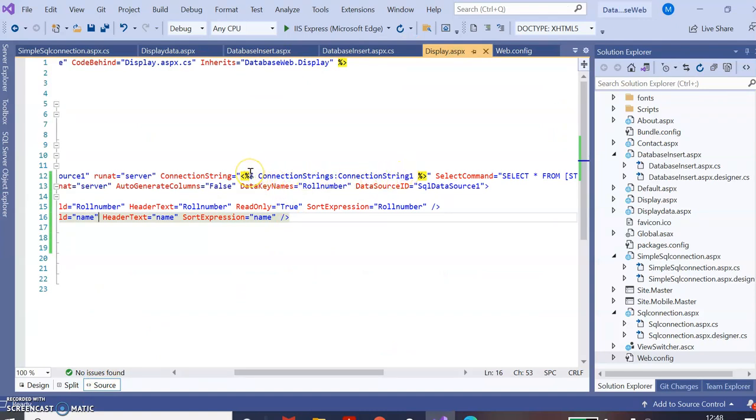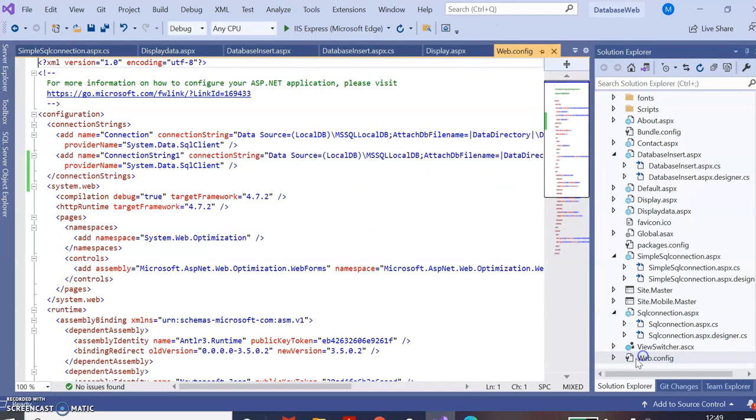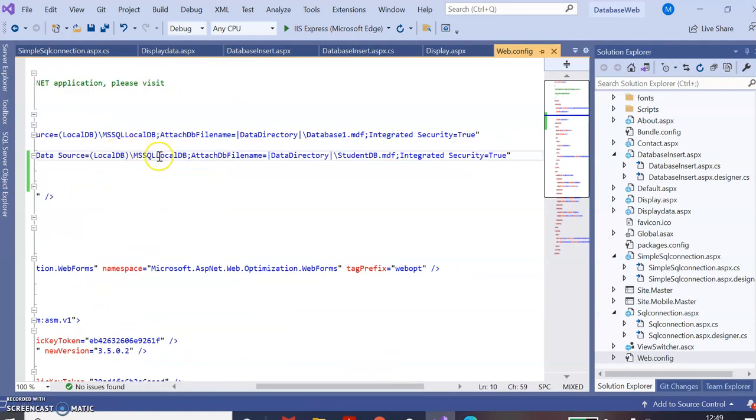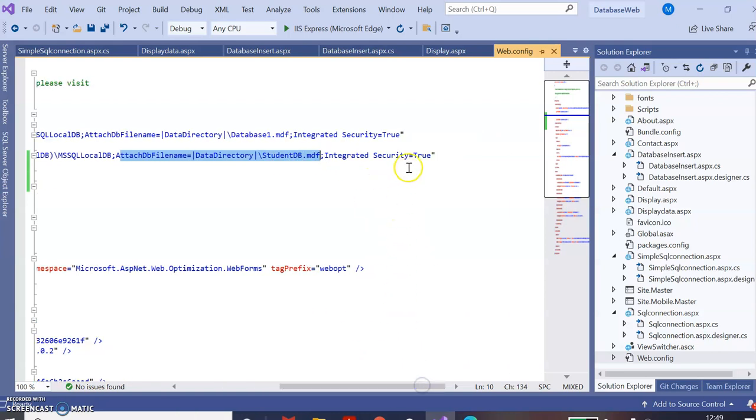Actually, this connection path is added in the web.config file. So let's go to the web.config file. Here you can see the name, connection string. In our case, the data source is equal to (LocalDB)\MSSQLLocalDB, AttachDbFilename, it will attach the path of student db.mdf, and integrated security is equal to true.